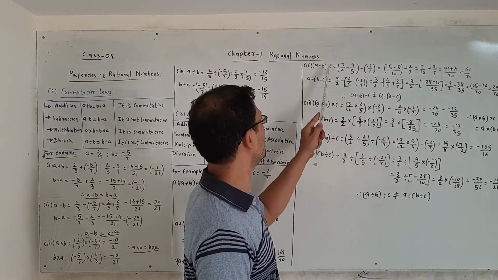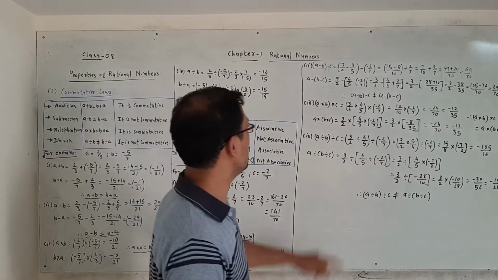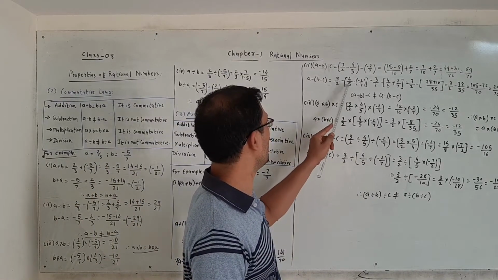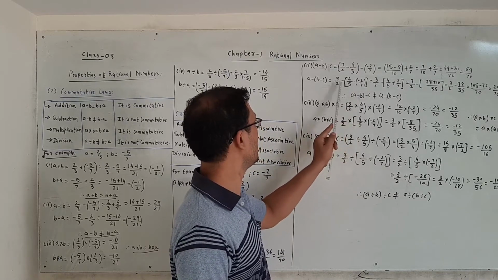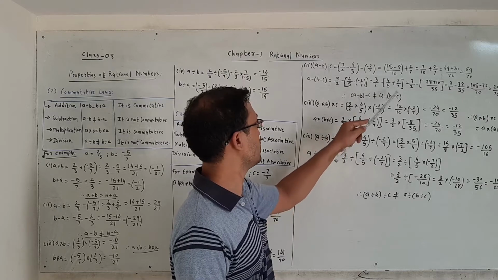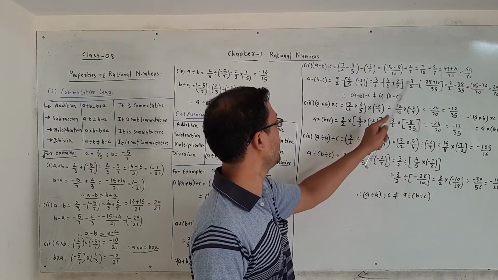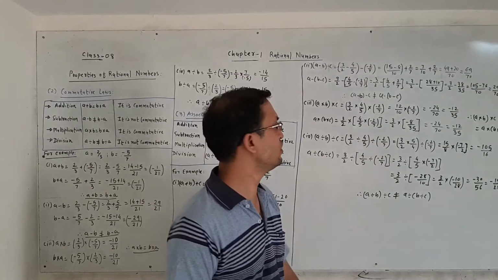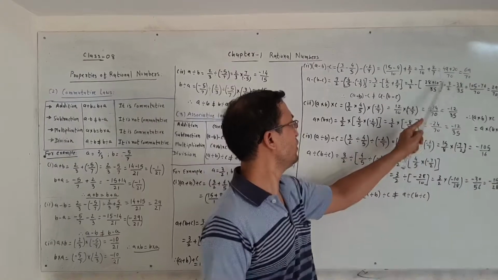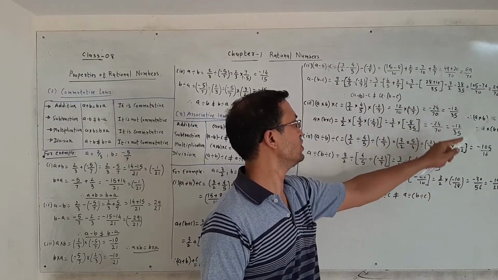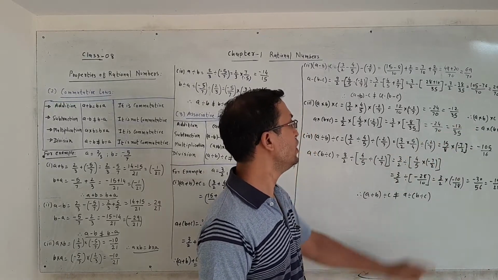So that is the solution of the left hand side, and right hand side is a minus into bracket b minus c. a is 3 by 2 minus b that means 4 by 5 minus minus 2 by 7. So 3 by 2 minus 4 by 5 minus minus plus 2 by 7. That is equal to 3 by 2 minus 7 times 4 is 28, 5 times 2 is 10 divided by 7 times 5 is 35. 3 by 2 minus 38 by 35. 35 times 3 is 105, 38 times 2 is 76 divided by 70. Its subtraction is 29. 29 by 70.